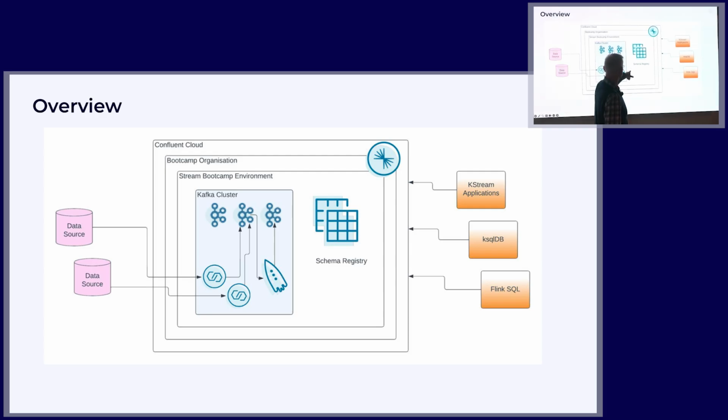It uses the schema registry as well, which keeps track of the schema. Kafka, as you know, is schema-less. We have some data sources coming in, potentially via connectors or something like that, and then our application is supposed to talk to this. So it's independent of whatever kind of technology you use in order to get the data out and then process something with it. You can learn Kafka streams, you can learn Flink, you can learn KSQL with that. It's just a topic, it has data in it and your schema defined on top of that. So that's the plan.